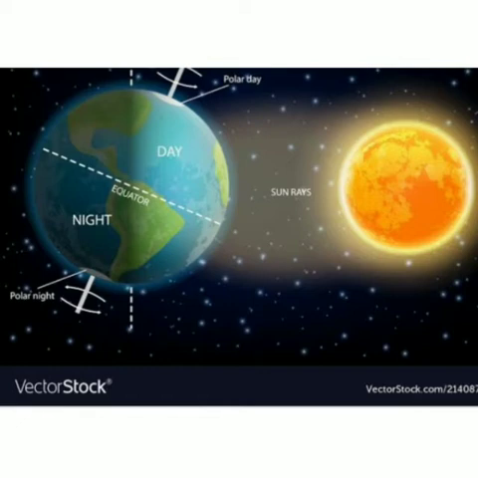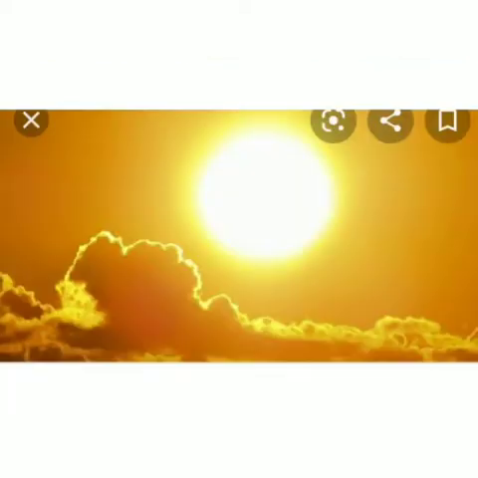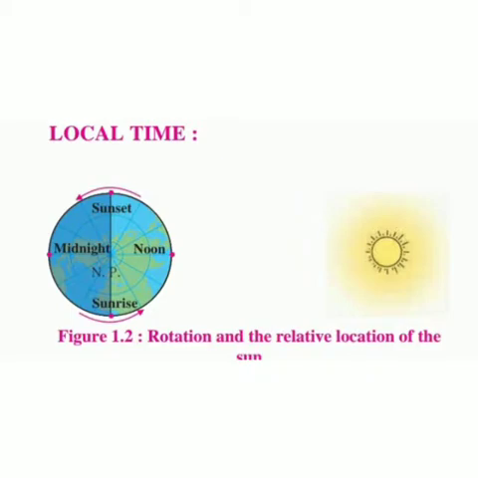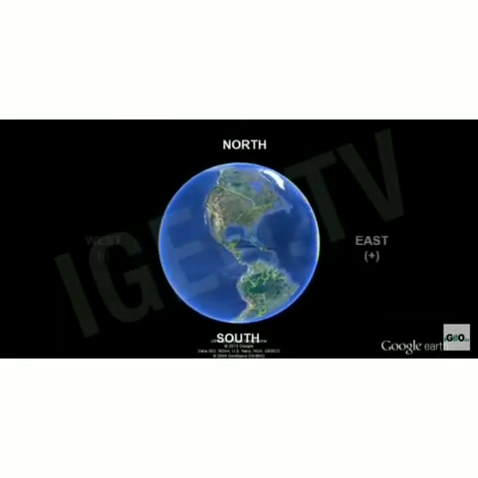When the sun is directly overhead, that time is called noon. The noon time is the same at any given longitude across the earth. Example: all places located on 30° east longitude will have noon at one and the same time, except the polar regions. The time decided by the location of the sun in the sky is known as local time. Different longitudes have different local times. The eastern meridians of longitudes first experience the sunlight and then the western.